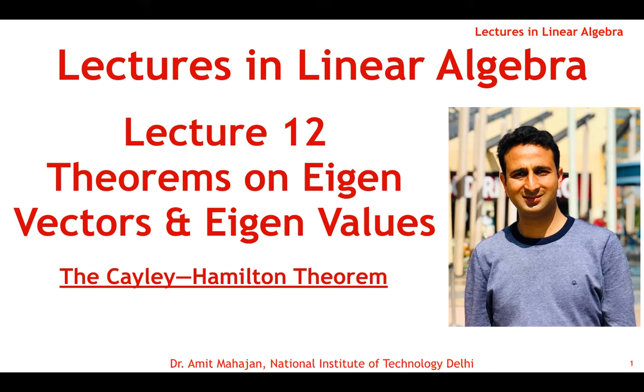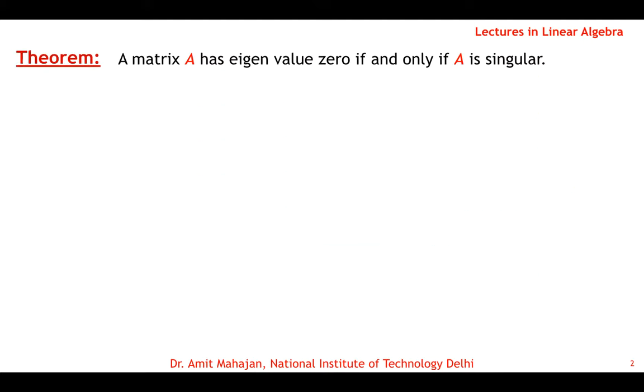We have already discussed that a non-zero vector will be an eigenvector if it satisfies the equation Ax = lambda x, where lambda is the corresponding eigenvalue, any scalar. Now we take some theorems, and these results can be utilized to find eigenvalues and eigenvectors in certain cases. The first theorem is that the matrix A has an eigenvalue 0 if and only if A is